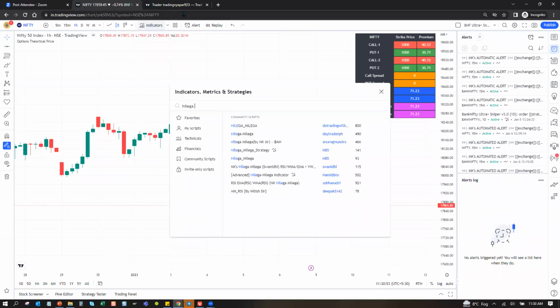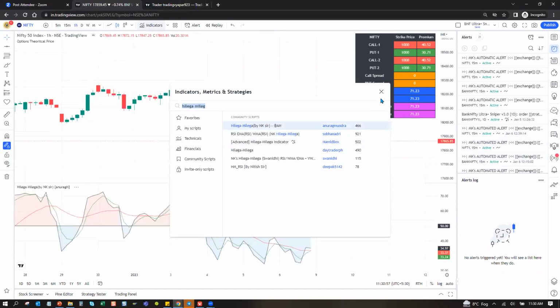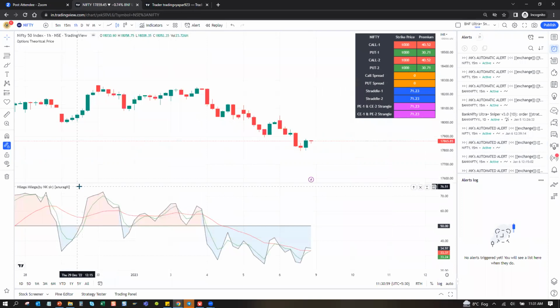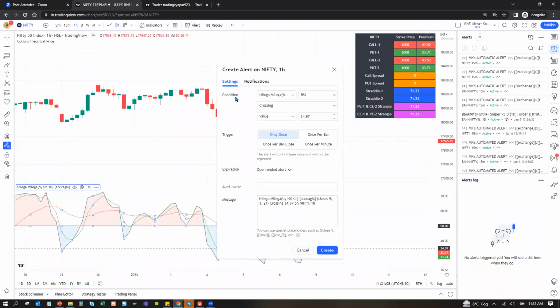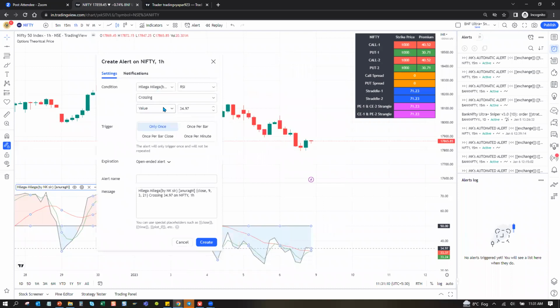Yes, you can do that. Say, find Hilega Milega by NK sir, and you added it. Now let's say default values, add alert on Hilega Milega. You first have to define conditions that you want to put only for Nifty.